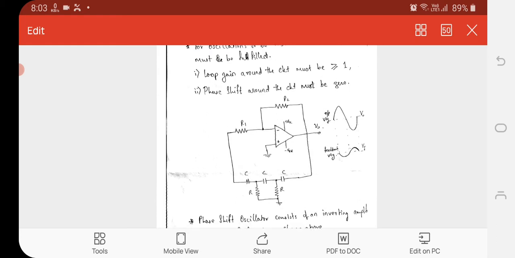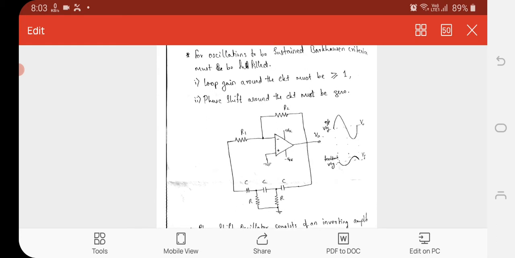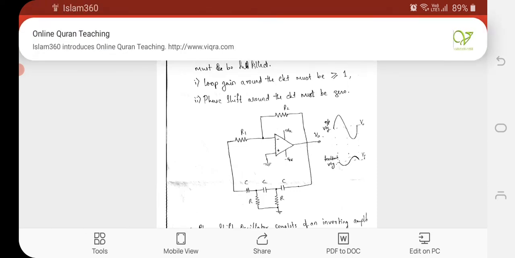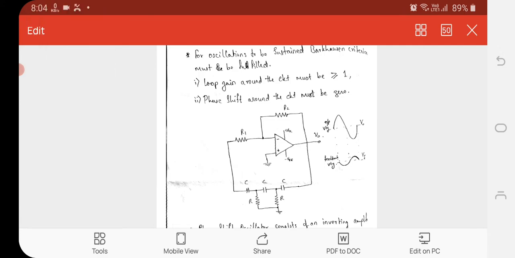Where is R2? Here is the feedback resistance R2, and we control it by making use of a diode. Now remember why we require to control resistance R2? To reduce gain. How to reduce gain? By reducing the feedback resistance. We can reduce the gain of the circuit by reducing the feedback resistance, because we know that the gain of an op amp is given by feedback resistance divided by input resistance, right? If the feedback resistance is decreased, automatically, as it is directly proportional to gain, the gain of the circuit gets reduced.